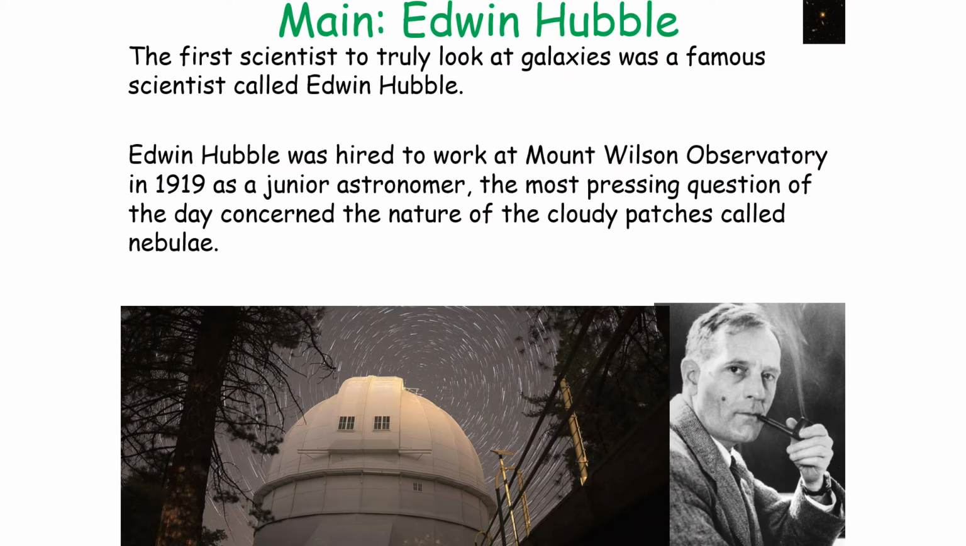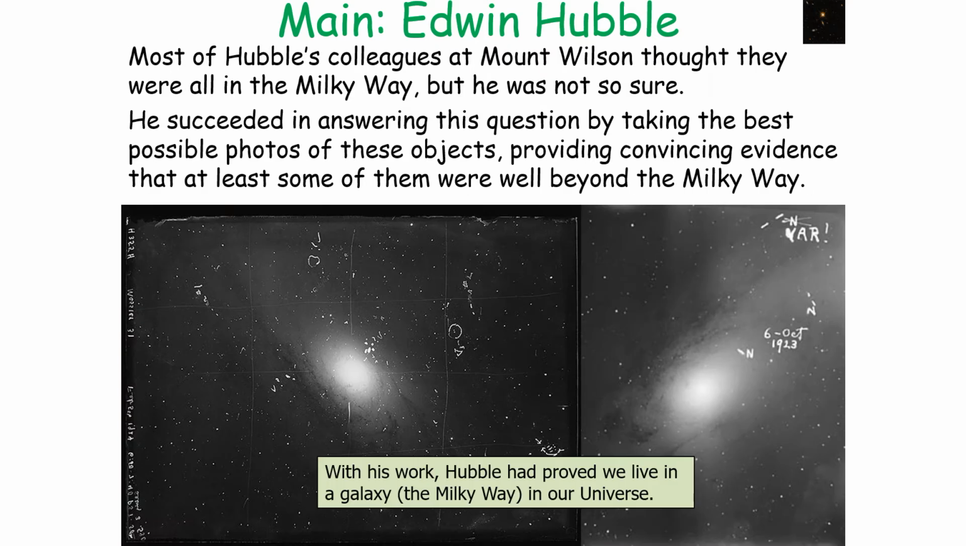Now the first scientist to truly look at galaxies was a famous scientist called Edwin Hubble. Edwin Hubble was hired to work at the Mount Wilson Observatory in 1919 as a junior astronomer, and the most pressing question of the day concerned the nature of cloudy patches observed called nebulae. Most of Hubble's colleagues at Mount Wilson thought that they were all in the Milky Way, but he wasn't so sure. So he succeeded in answering the question of where these nebulae were by taking the best possible photos